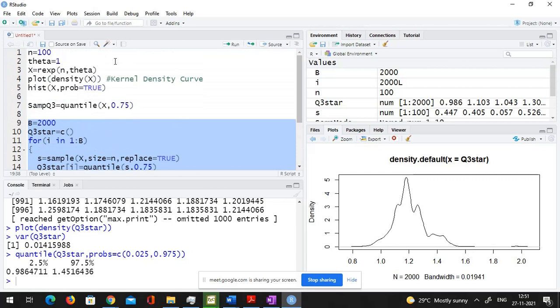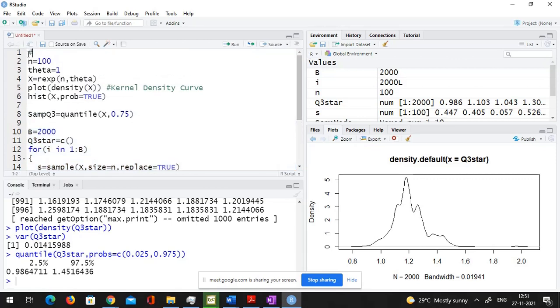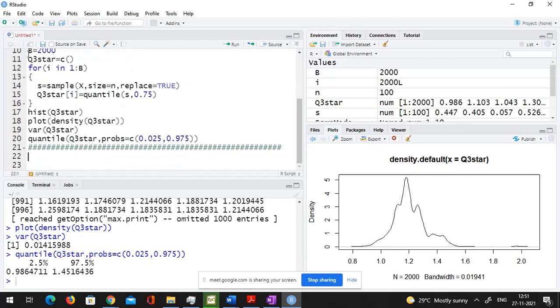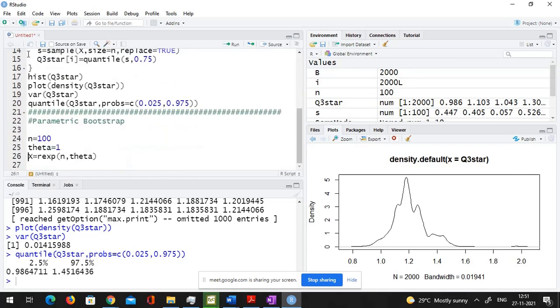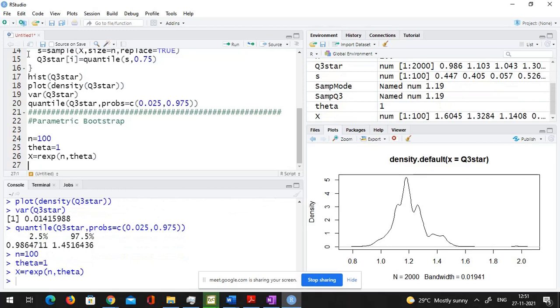I can similarly have parametric bootstrap. So in parametric bootstrap, what would I do? Estimate theta first. Correct. So let me start with the same sample. Now on the basis of this sample, I have to estimate theta.